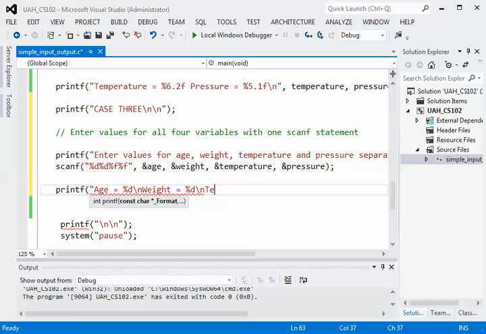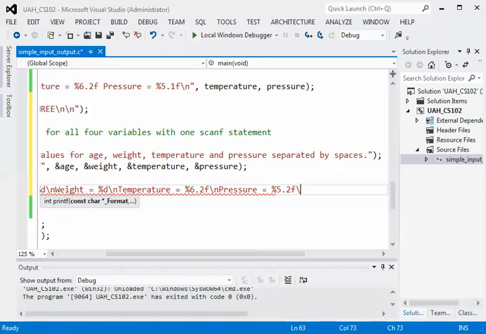Then we have temperature is equal to, and that's going to be a floating point, so let's say a %6.2f, so we cut off all those extra digits, \n, and then finally pressure. Pressure is equal to, and let's use a %5.2f for pressure, \n,